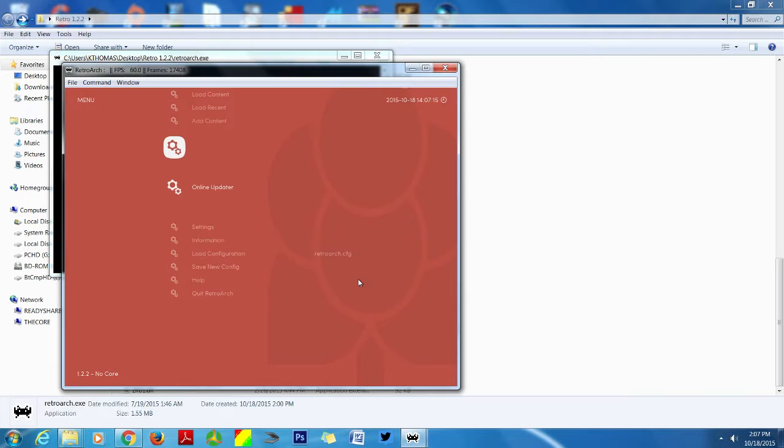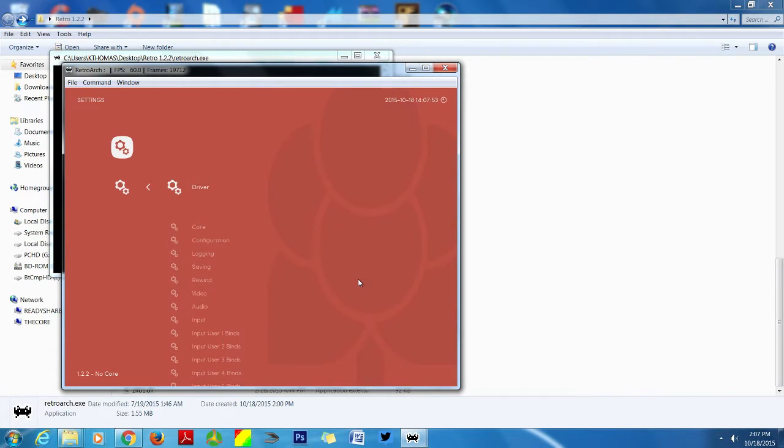So once you have that done, you can simply just check here. As you can see, if I go to load core, that's basically available. All right. But the next thing I want to do is go into settings. All right. So let's go ahead and go into settings here. Once again, X is to select. For right now, we're using X to select everything.